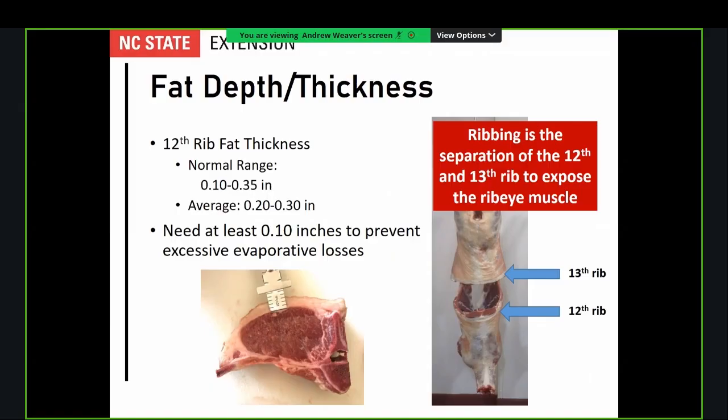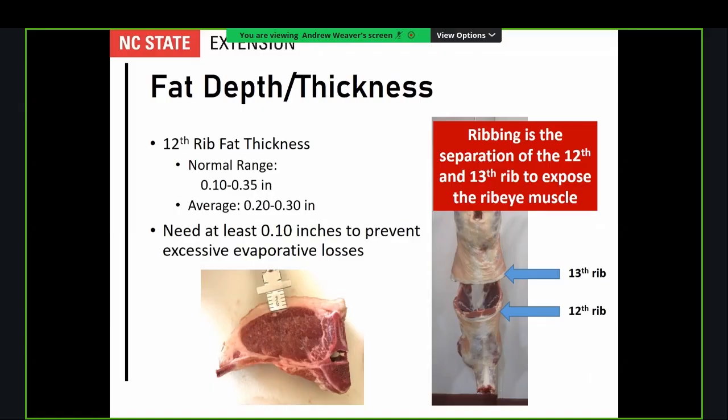So 0.2, 0.25, somewhere in there, maybe up to 0.3, would be the generally acceptable range for having enough external fat to minimize evaporative losses, ensure that those animals cut well and have a desirable chop when harvested, and when those carcasses are fabricated, and hold that muscle shape well. But at the same time, don't have excessive fat, where you're going to have excessive trimming losses and that waste product being generated. And so, generally speaking, we need at least 1/10 of an inch of back fat to prevent